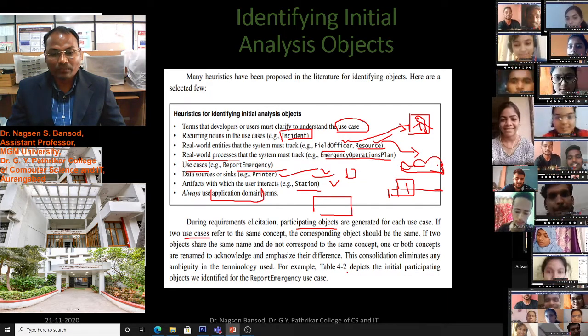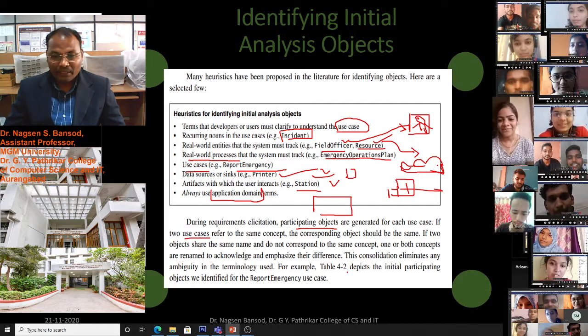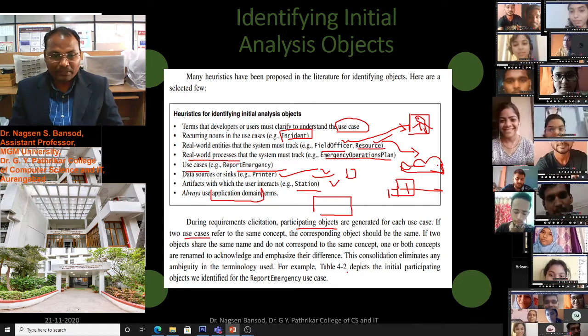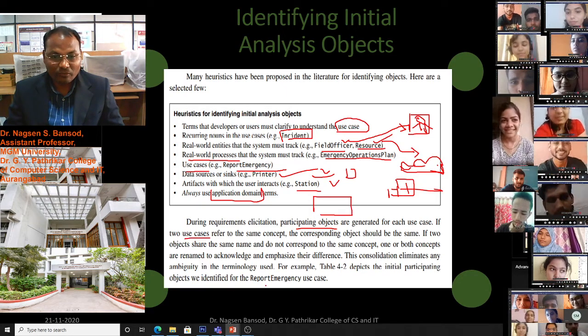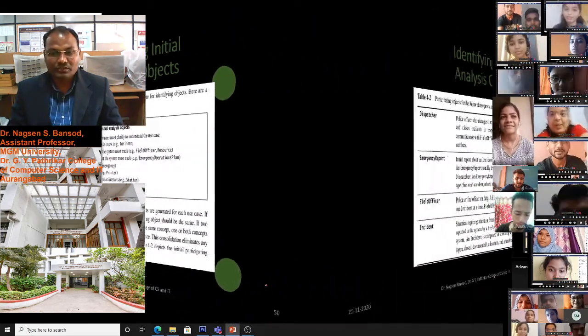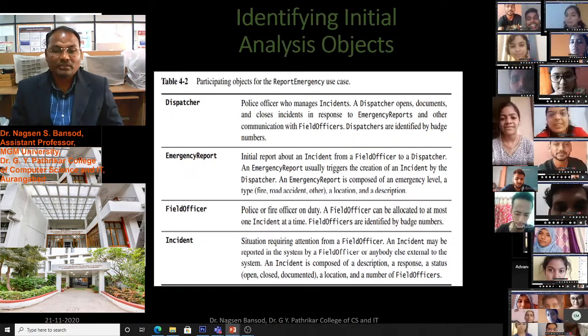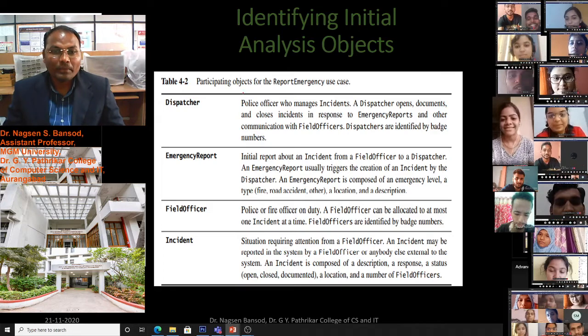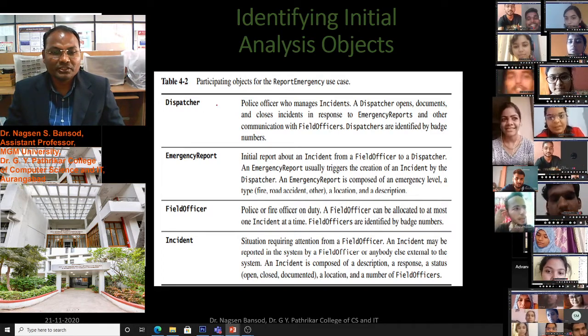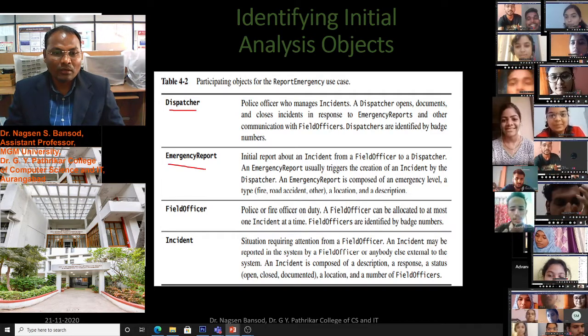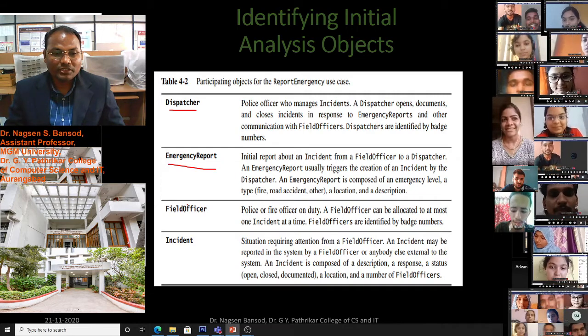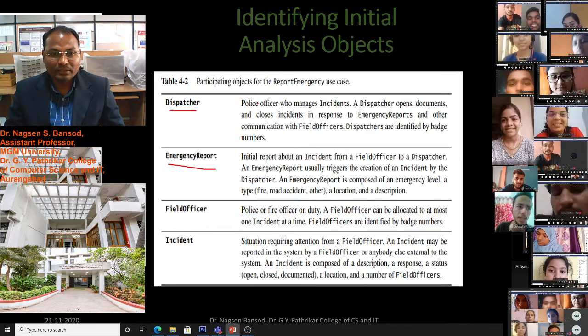For example, there are participating objects identified for the report emergency use case. In this table you find the participating objects: dispatcher, emergency report, field officer, and incident.